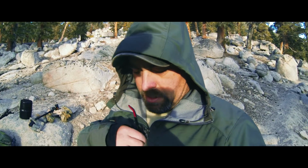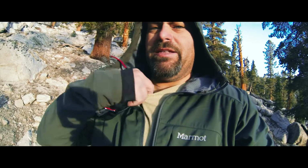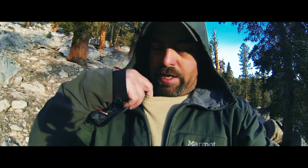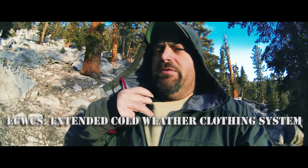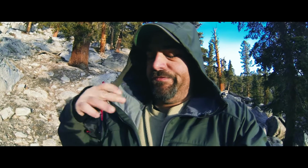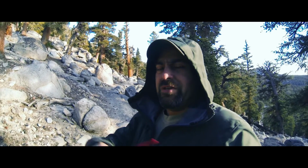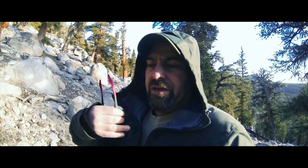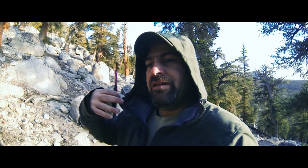Right now I'm just wearing the Marmot wind jacket, and then this is the XGO level 2, and then the Equix level 1. This is Army issue right here. I think it comes in tan now for the combat theater. It's a silk weight base layer, so it'll take my sweat and spread it out. Hopefully the level 2 will take that and give me some layer of insulation, so that if